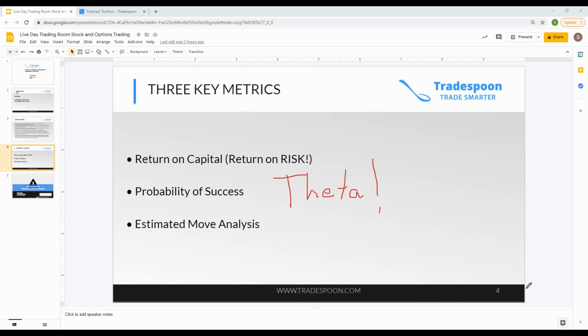If I do a credit spread, I'm theta positive. The longer I'm in, time works for me. So in that scenario of a 2-to-1 on the spread, 3-to-1 on the option, I'd be thinking to myself, well, how long is it going to take? So part of my estimated move analysis should also include time. And this is especially true if you are an options trader, but even if you're not, if you're a swing trader, time matters. These moves should happen in 5 to 9 days.